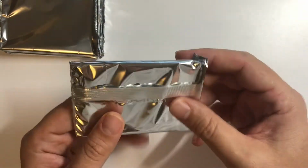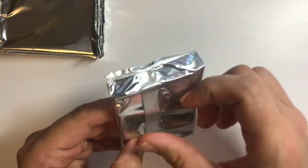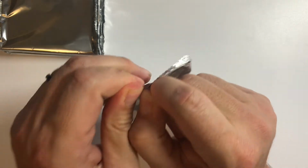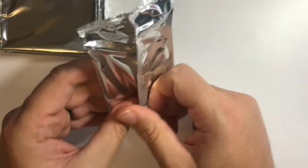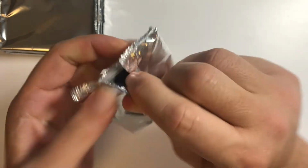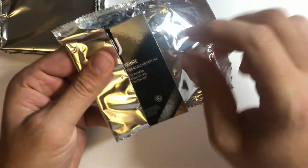All right, so just kind of non-branded packs here, so let's just go ahead and start ripping. Oh man, I hate these. They don't have that nice loose edge. All right,